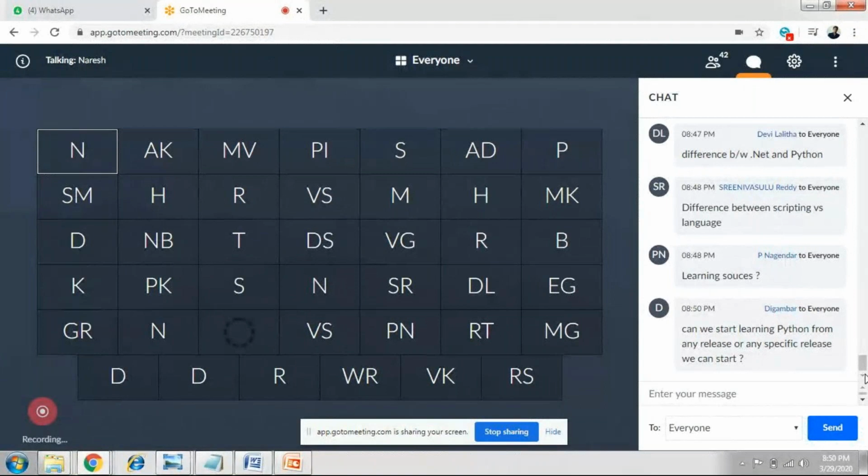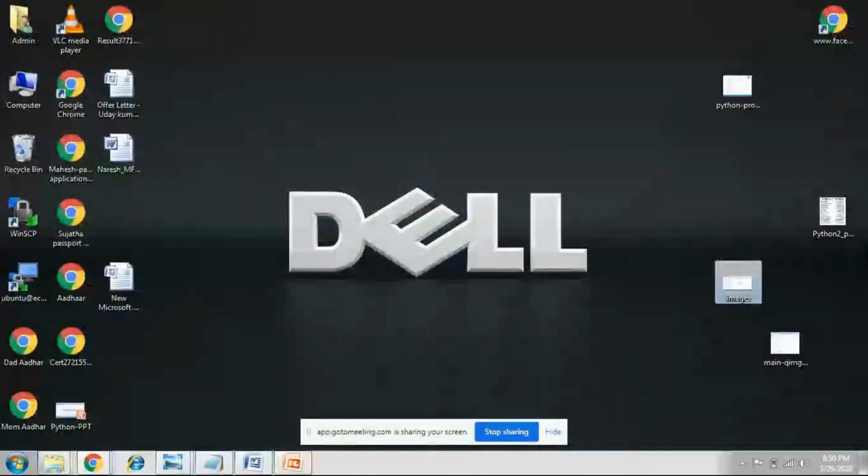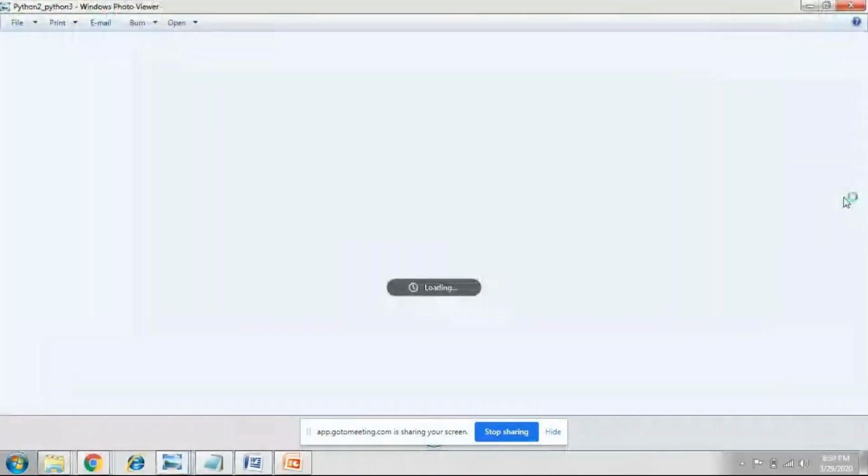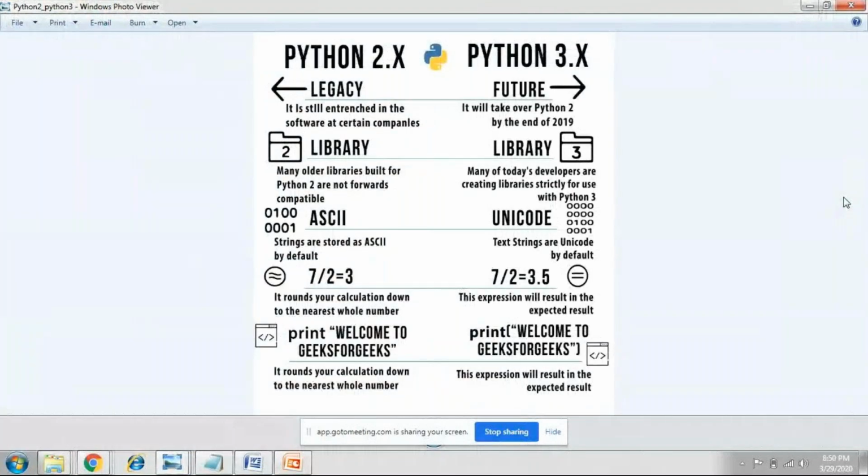Let me show you one thing. This image shows you exactly what it is, in Python 2.x and Python 3.x. These are some of the changes. For example, the last one, print. Previously we used to write within double quotes, whereas now we have to give round brackets. So wherever existing code had print, it will not work as expected now.